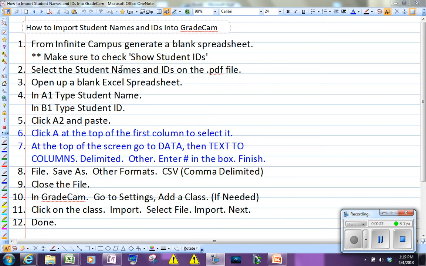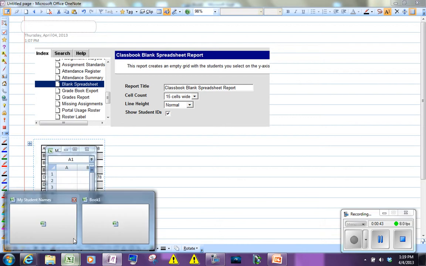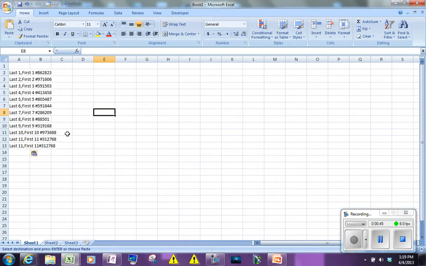Now let's say you do have Infinite Campus. What you should do is go to Blank Spreadsheet and check the box for student IDs. Then I've just covered the student names to protect the innocent. You're going to, with your mouse, highlight the names and it's going to have the student ID numbers with it. Then you're going to go to Excel, that's the green one. You'll open it up,